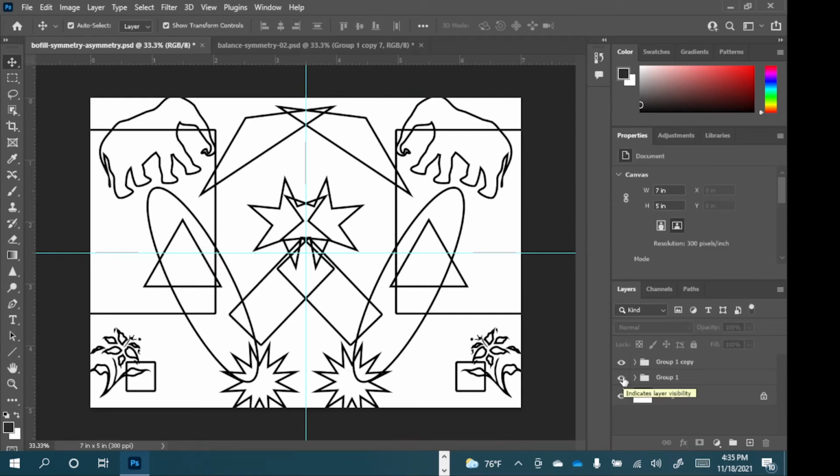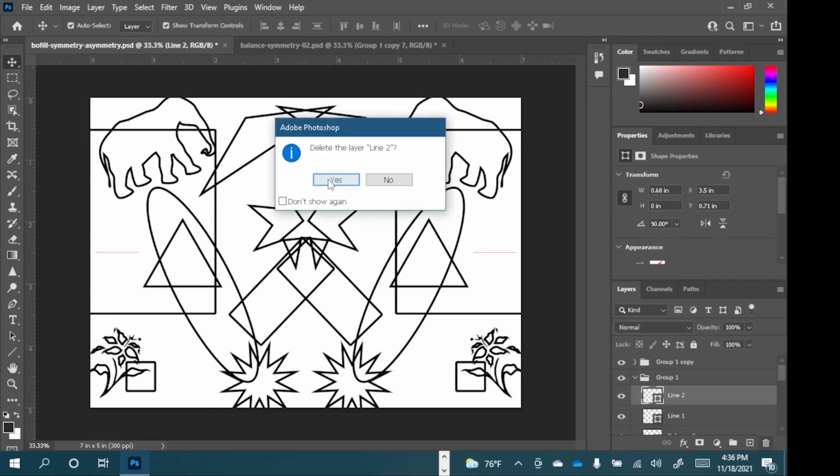There's my symmetrical piece. I'm going to also now select the registering marks to remove them. So let me go ahead and remove or hide the guides. I've got my move cursor here, and I'm going to go ahead and... you see what's happening? I can't select it because I have this box and I want to select this. So no worries. All I need to do is come in here and look under each group for the line. So group 1, I'm going to select, and you can see how it's selected, and I can say trash, yes,